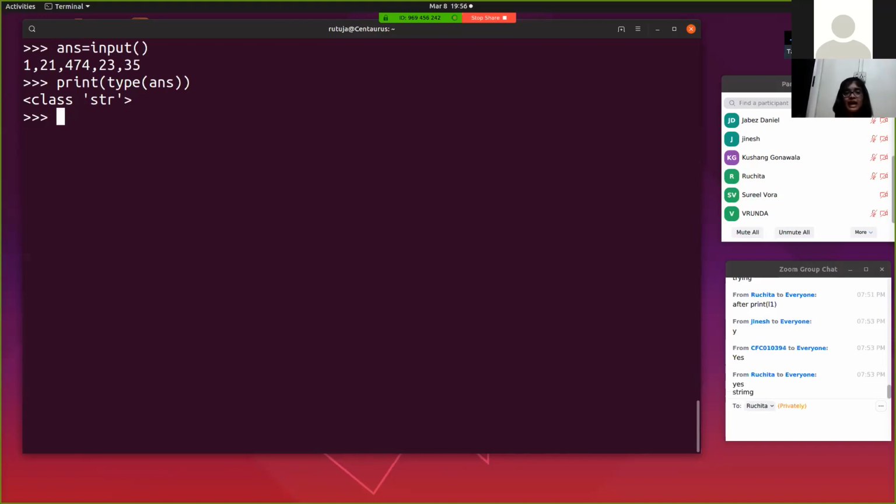If I'm taking int input, then it would have definitely shown it as integer data type. But as we are taking it without mentioning it properly, it will take it as string. I guess I explained this in the previous session, but I'm telling it again because there are many newcomers. So let's type out, I'm sorry,